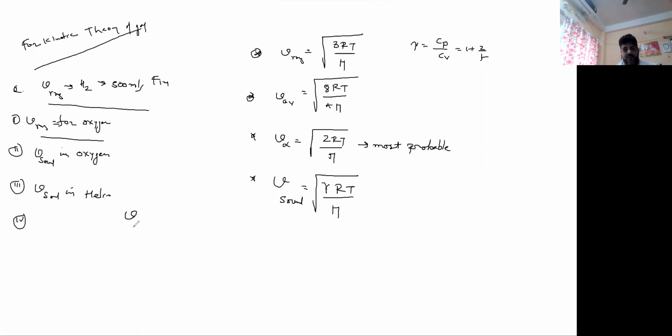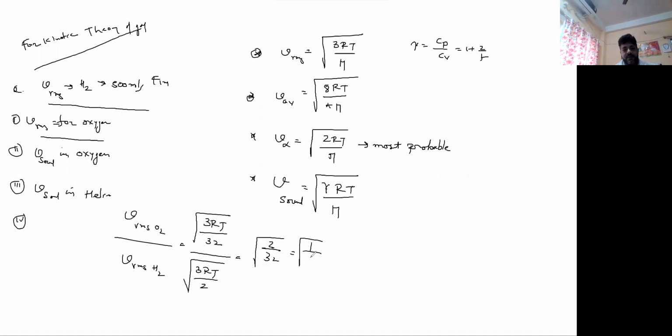So the best process is Vrms of oxygen by Vrms of hydrogen. So nothing is mentioned, so you can write root under 3 RT by molecular weight of oxygen 32, by 3 RT by molecular weight of hydrogen is 2. So what you have, 2 by 32, that is root under 1 by 16, that is 1 by 4, which means